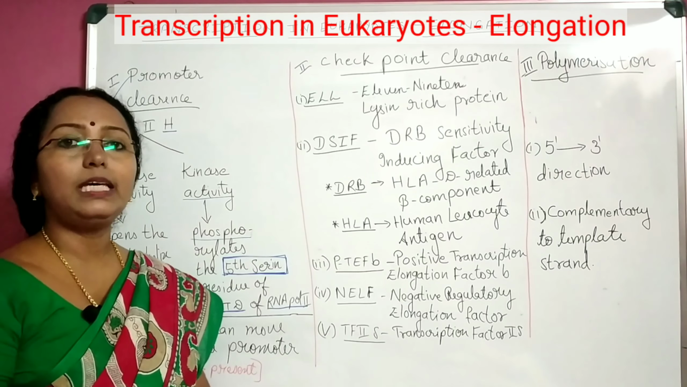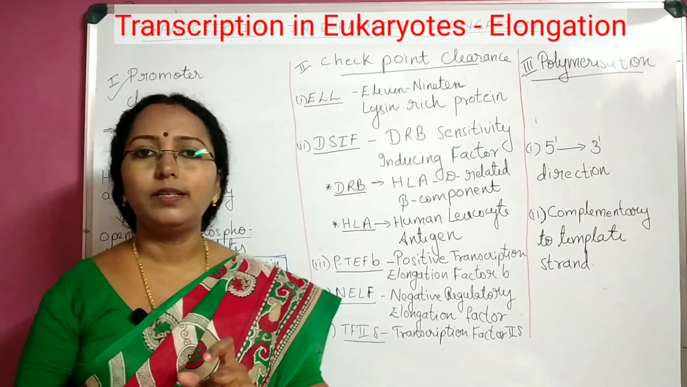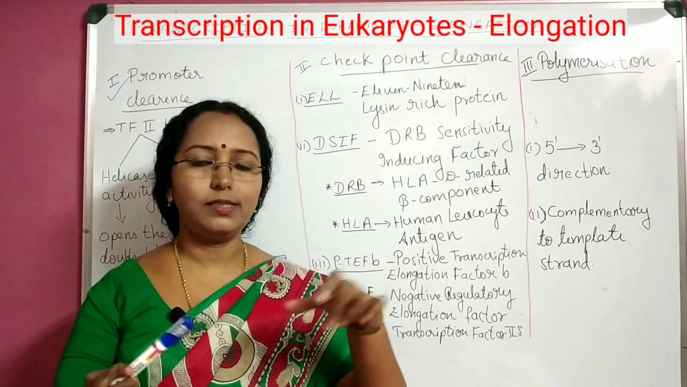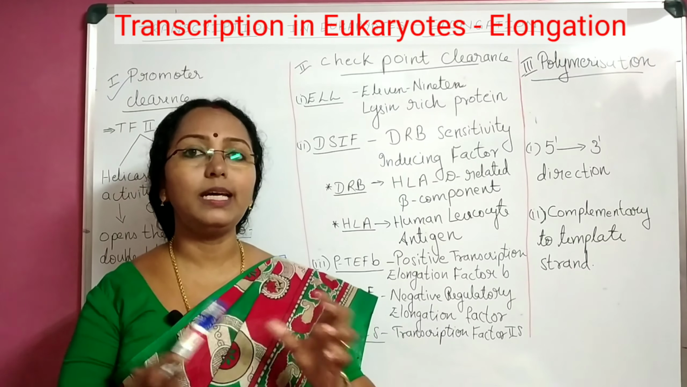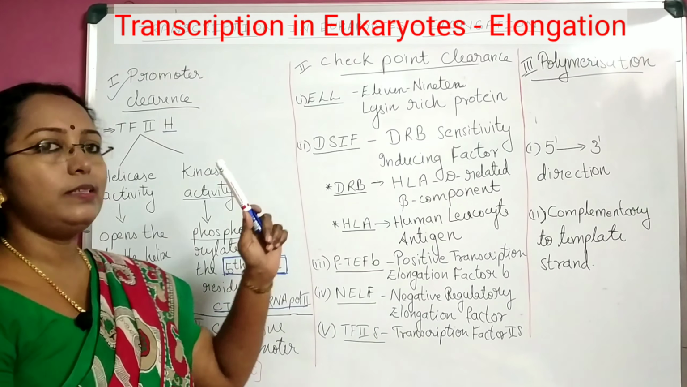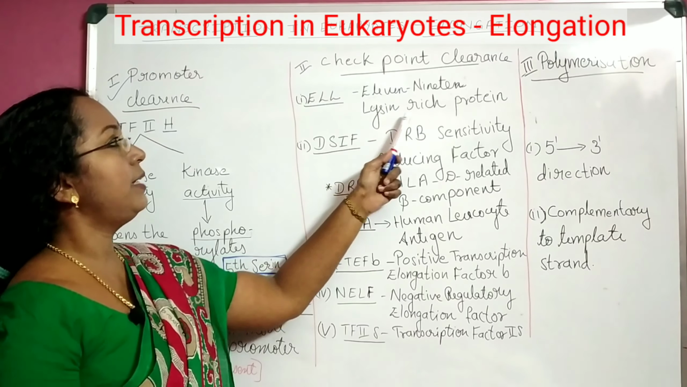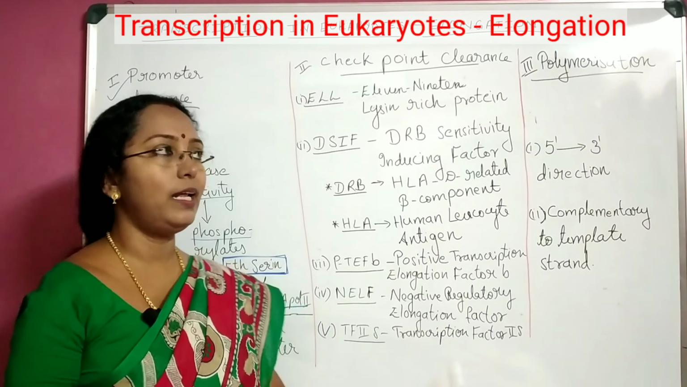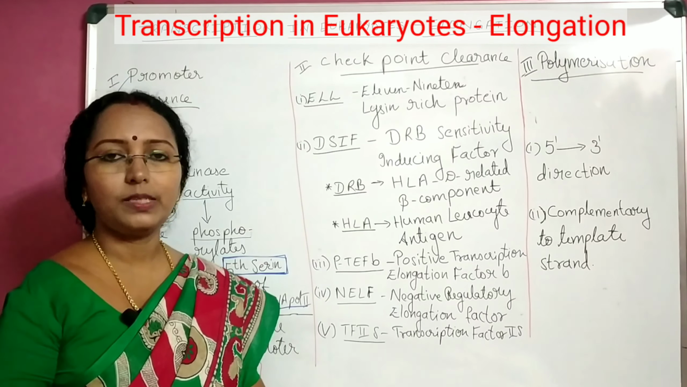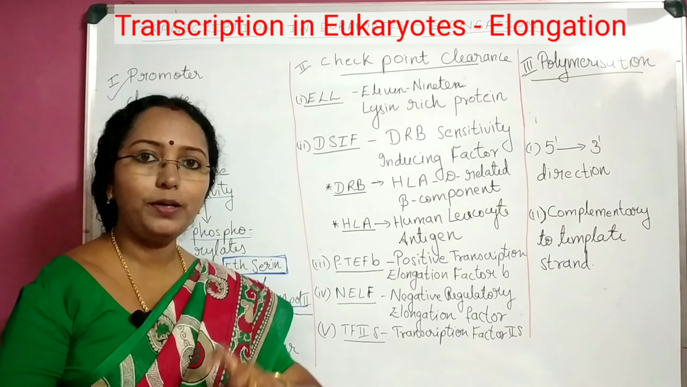ELL. ELL is a protein, and this protein is usually associated with the disease leukemia. That's just additional information that I am giving you. This is present in a gene, and its full form is 1119 lysine rich protein. ELL, 1119 lysine rich protein. Next key player in checkpoint clearance is